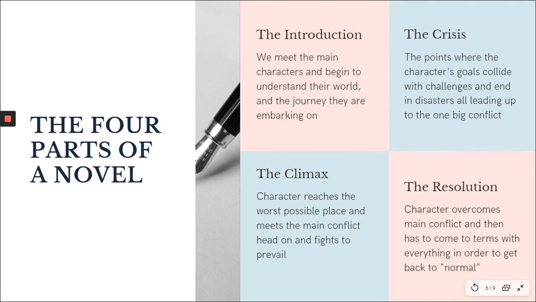And then as we start to segue into more of the middle of the book and into part 2 of our framework, we reach the crisis. These are the points in the book where the characters' goals begin to collide with the challenges they're facing. And every time they set a goal, they meet a conflict, and it ends in disaster. So on and so forth until we reach that darkest moment, the pit of doom that your character falls in, that they have to climb out of,